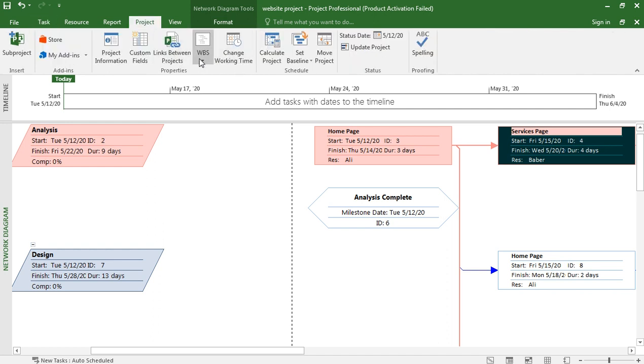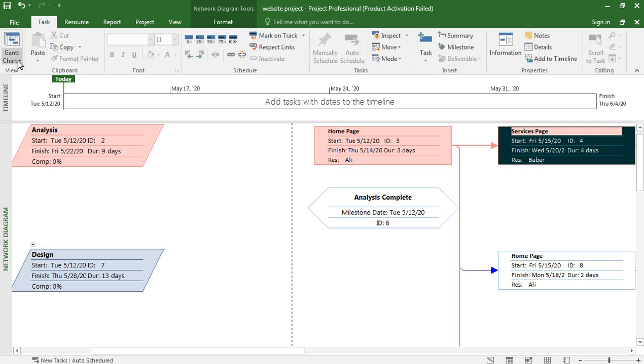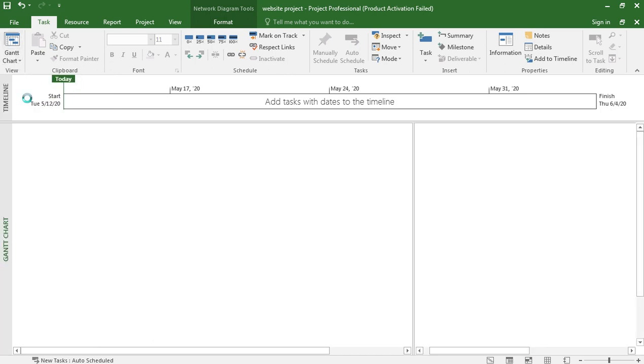Then next, I should go to WBS. Okay, let's see what WBS is. Actually, we have to complete it in minimum time, right?